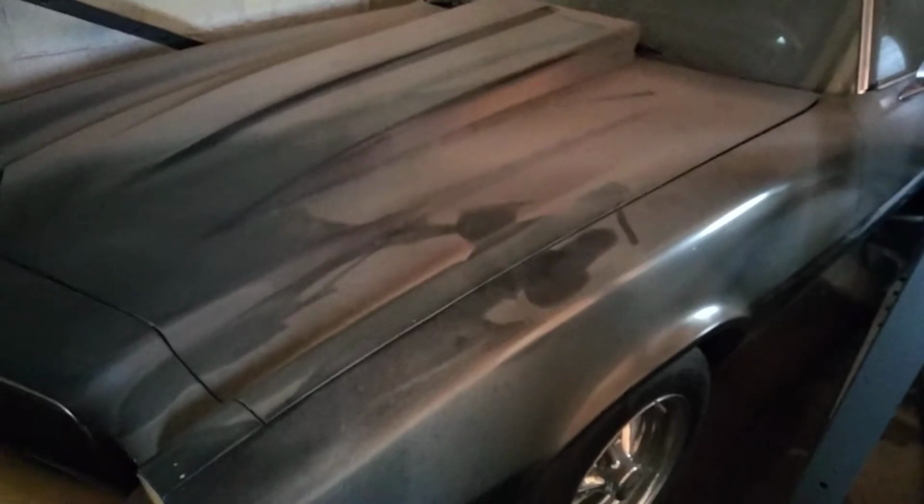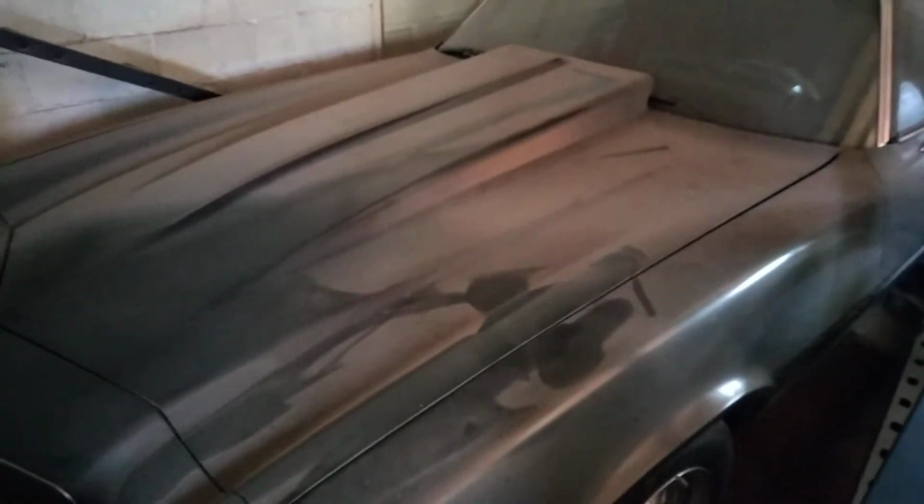So here's the 71 Camaro me and the girlfriend found and picked up. It's like 99% rust free. It's got new quarters on it already in the first place, and it's got the hood. It's not a real split bumper. It's got the conversion kit on the front, but it's super straight. The only thing we got to do body wise is